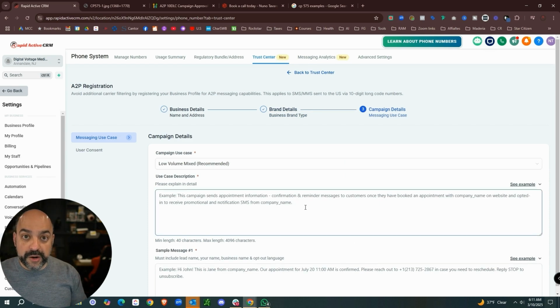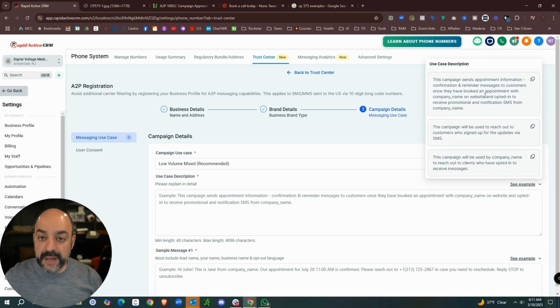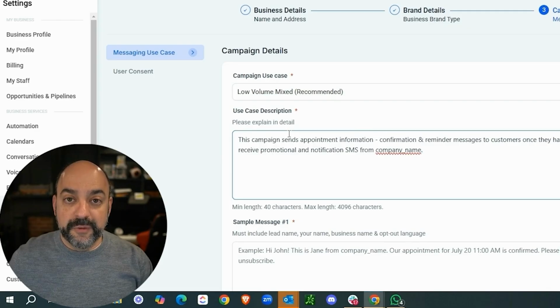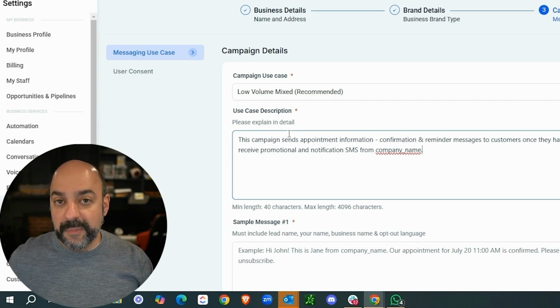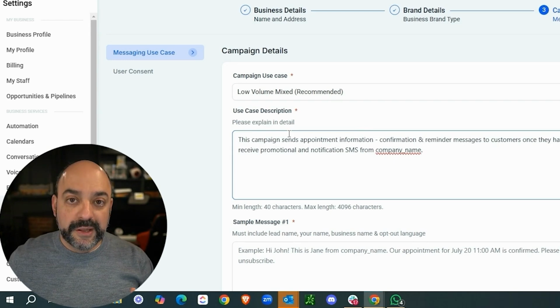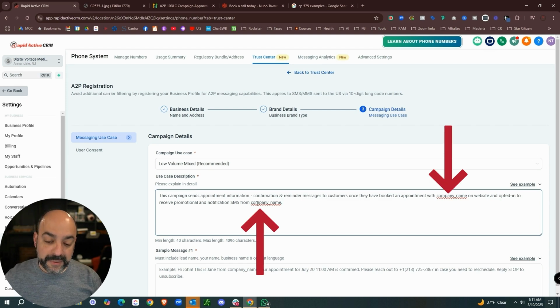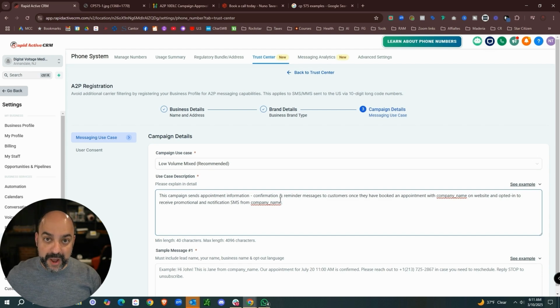Now, this is where the biggest mistakes happen, and this is where some of the other additional things are involved. People can use the examples in here, and basically you can come in here and copy the examples and everything else. Please pay attention right now. If you're multitasking, doing anything else, apparently I talk very fast for a lot of people. This is very important. You see how the things here say company name, company name? If you leave this the way it is and you send it out this way, you are going to fail.